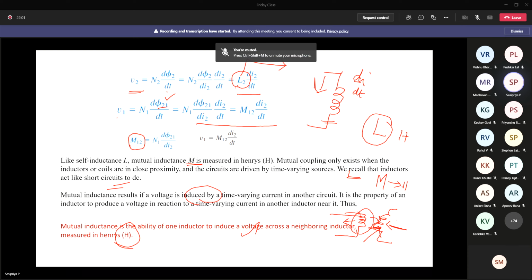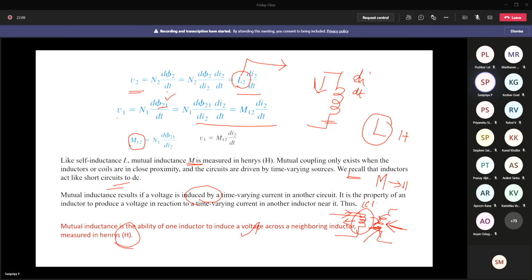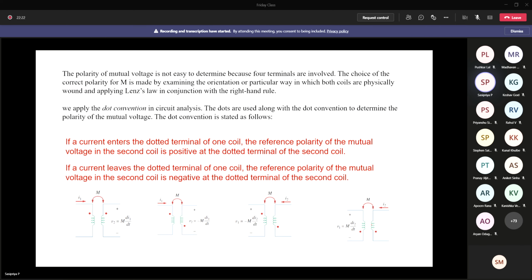So now the EMF generated or voltage induced in this coil due to the mutual inductance is also possible when the current is a varying current. If you have a constant current, or a DC current, then the self-inductance and mutual inductance is not possible. You will have a short circuit thing. Okay, so now we understood what this mutual inductance is and what the voltage due to this mutual inductance is.